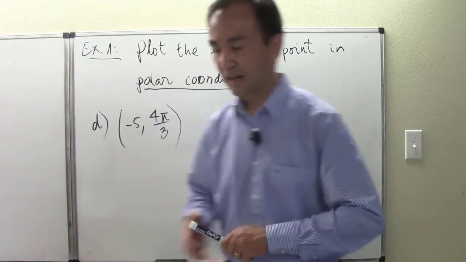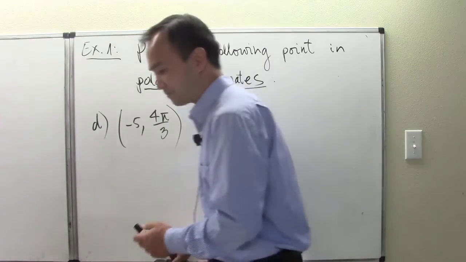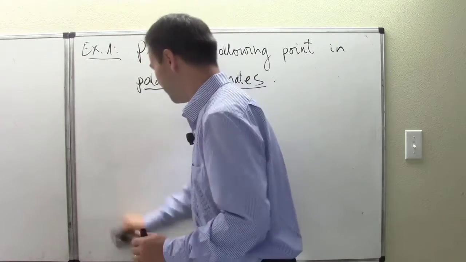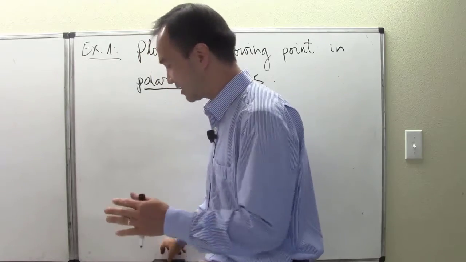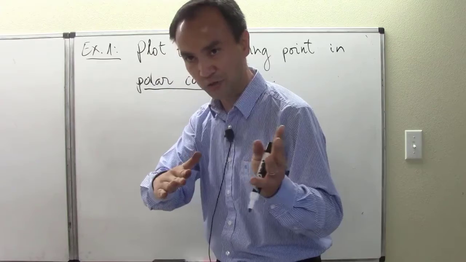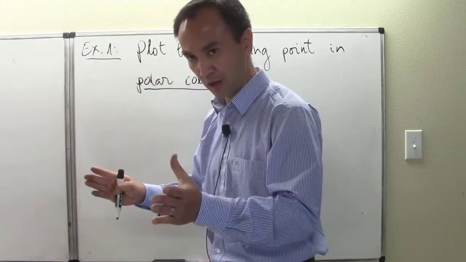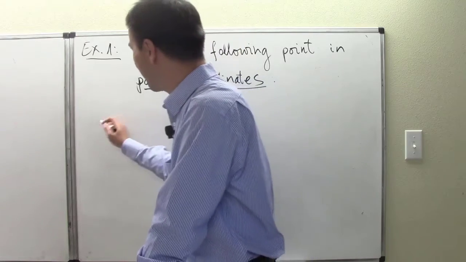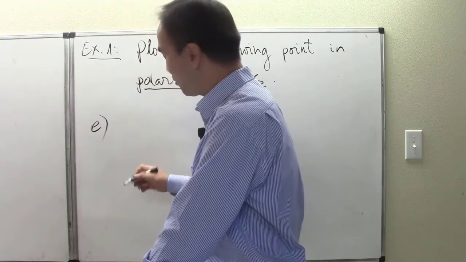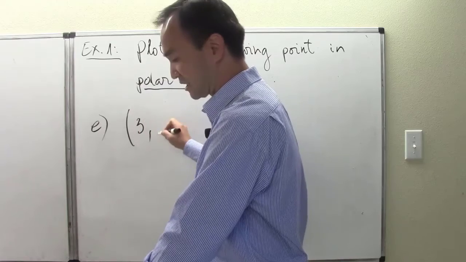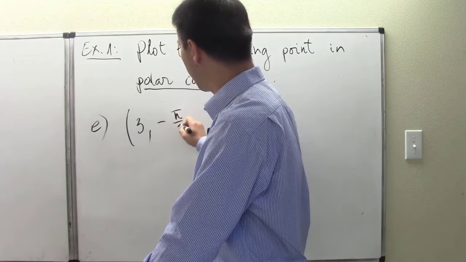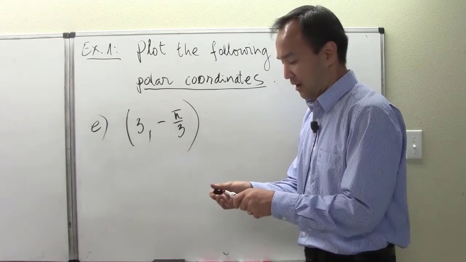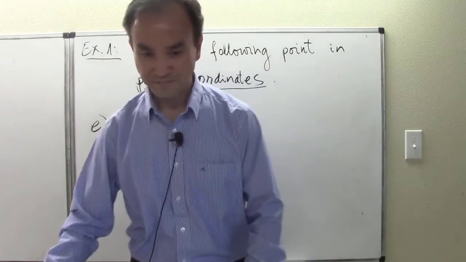All right, so now the last point in our example. And again, I don't think I need to create a hand sketch here anymore. Once I have a point here, I'm going to show two versions on Desmos, a close-up version and then the actual version of how we're doing it with Desmos. So part E right here, another point. How about positive 3 but negative pi over 3 angle? Positive 3 and negative pi over 3 angle. All right, so now on Desmos,